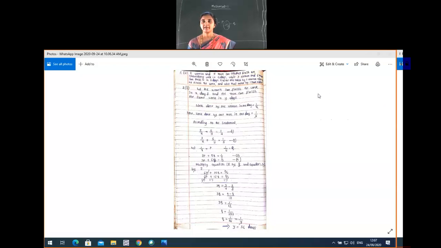If you are having any confusion in any step, you can ask now. Because today I will not start the new chapter anyhow because of this disturbance and all. So I am not going to start the new topic. We will end up with this chapter's doubt problems only. We have one more problem to explain, so if you have any confusion, we can give the time for the discussion.